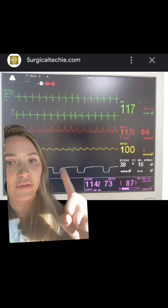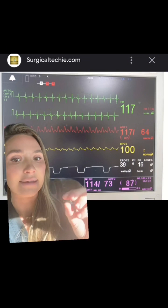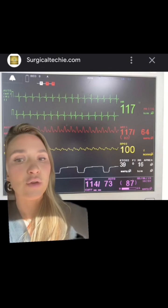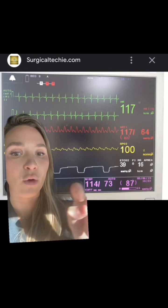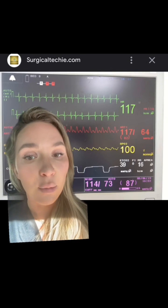Something called capnography, which is something that monitors your end-tidal CO2, so your CO2 gas exchange when you're breathing out. It tells me when you exhale. If you obstruct or you stop breathing on your own, this waveform, this little white one, would disappear. And I would have to turn off the drug or make a drug change or do something or move your head or put an oral